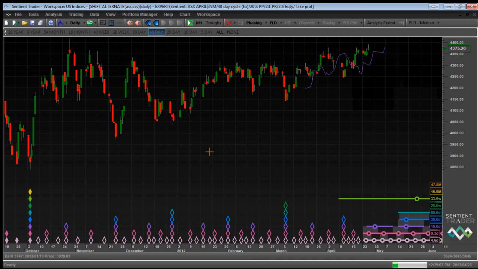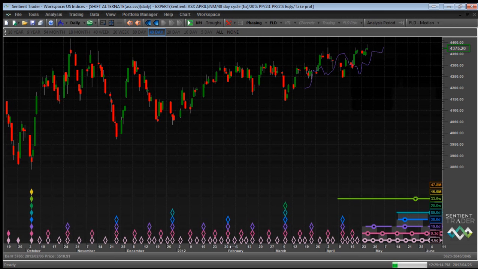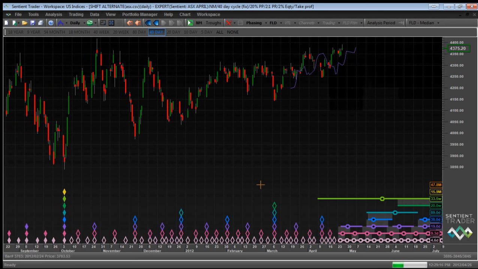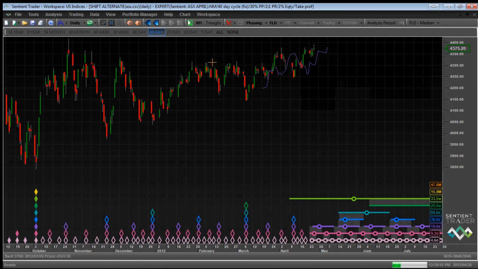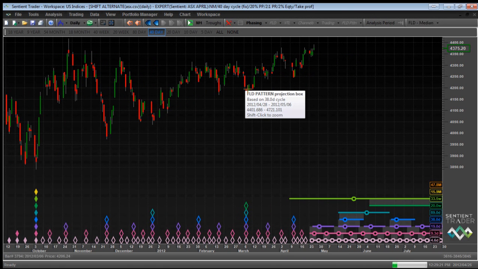Let's zoom out again and take a look at some interesting divergences that have developed between the US markets and the Australian markets, which I think are raising warning flags for the Australian market. I think it indicates that, in fact, the Australian market might be about to crack downwards, but let's have a look at the detail.